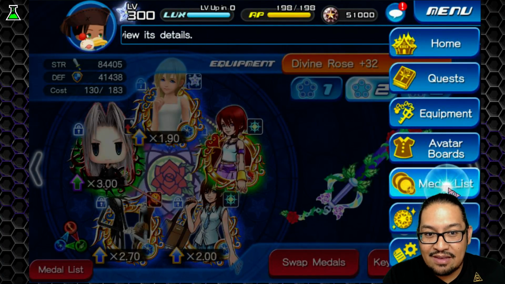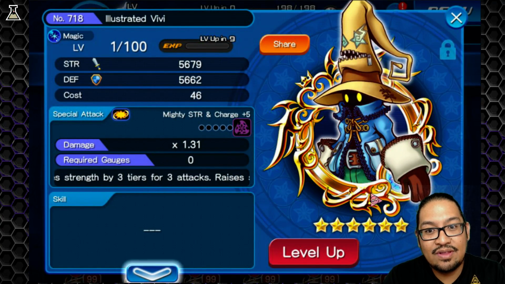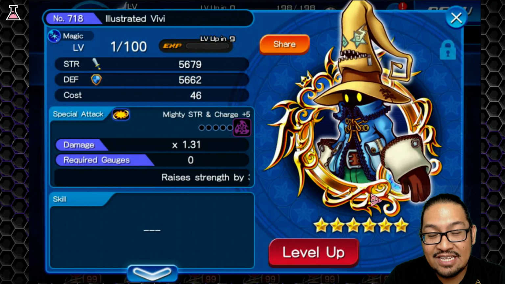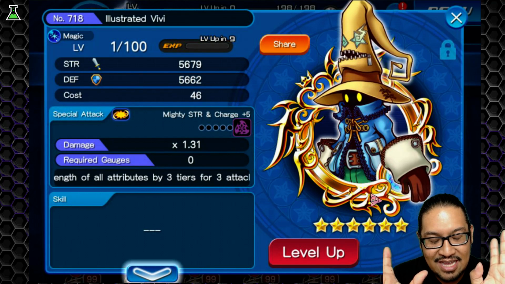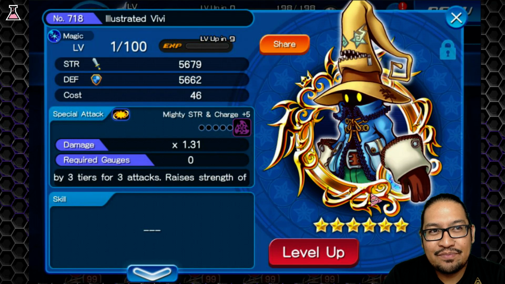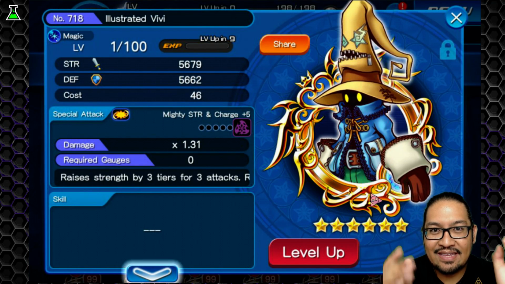And that's where Vivi comes into play. Vivi is a medal that if I get double cast from it, I am going to get those 3 tiers. Double cast is going to turn to 6. But the problem with this is that it is only for 3 turns. We're not even talking about the 3 attribute yet, because that 3 attribute is huge too. It's amazing. It is astounding. But the fact that it only lasts for 3 turns means that, as I've explained before,